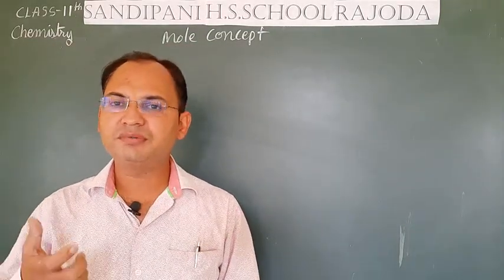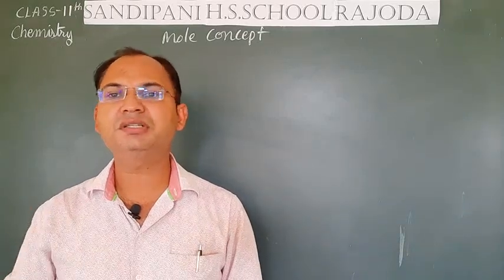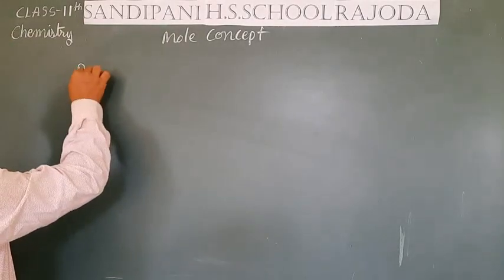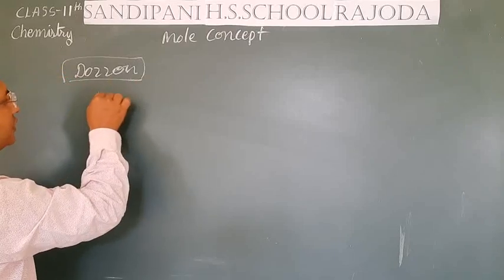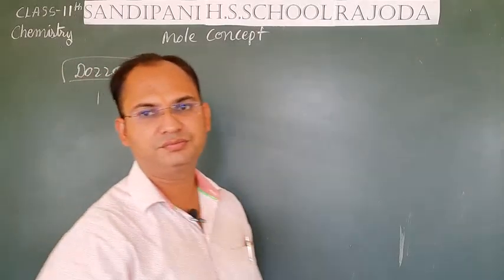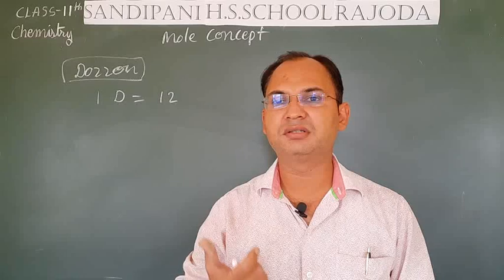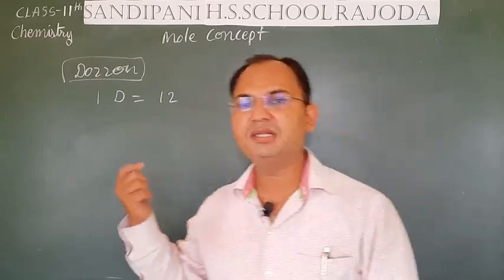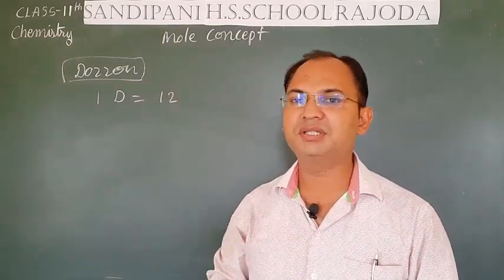if we talk about our day to day life, then we use some words for a bunch of things. For example, we use the dozen. Students, you know that 1 dozen is equal to 12 count. If we talk about 1 dozen bananas, that means 12 bananas. 1 dozen pencils, that means 12 pencils. Here the things are easily countable, so we use these numbers.